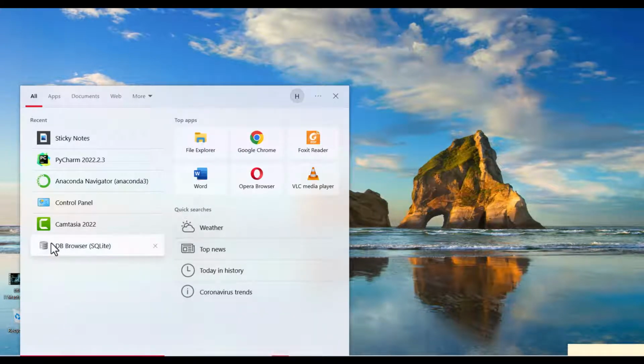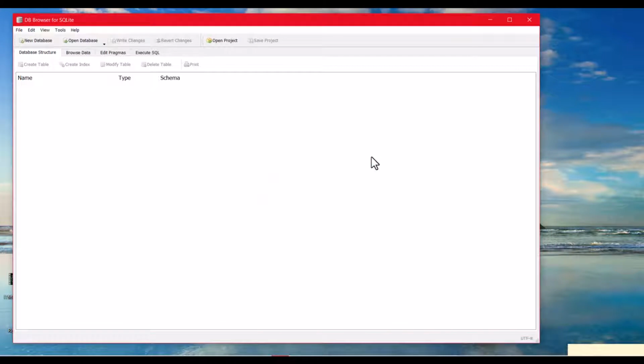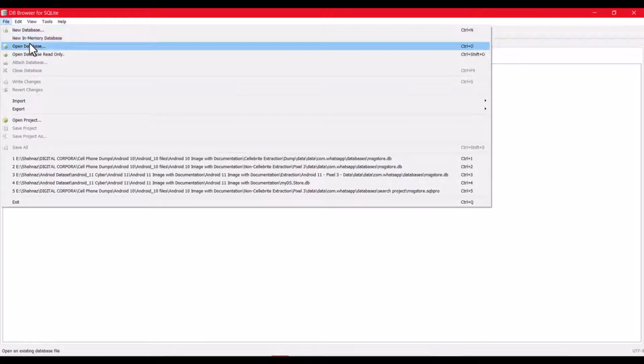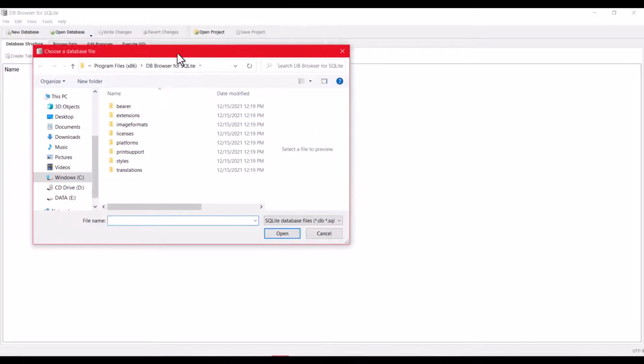Let's suppose we have a database. So this is the DB Browser for SQL. Here I'm going to select the File menu and open the database. Select Open Database for the exporting file. So click Open Database